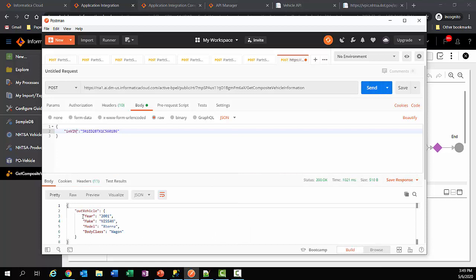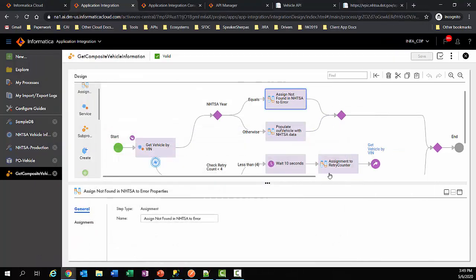Excellent. So boom, we've got our year, make, model, and body class. All that's retrieved from the National Highway Traffic Safety Administration. So at this point, we actually have created a service. In API management, we could call this V1.0, and what we're about to do next, V2.0. But we're just going to build on this process to complete our desired goal of making sure that we can